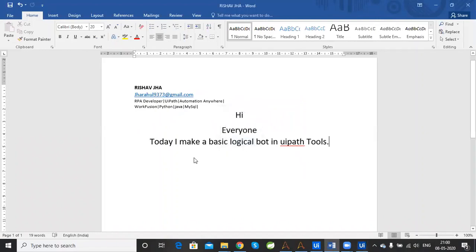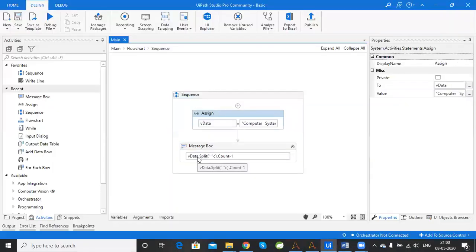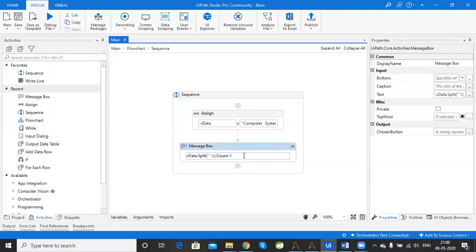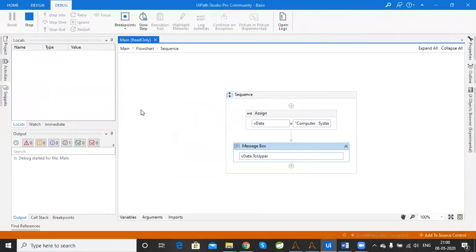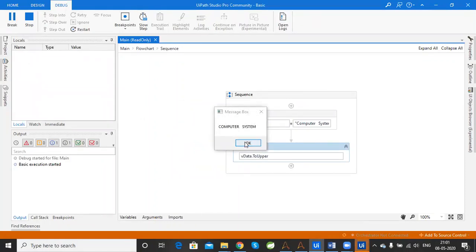Okay, now we have to check how to write computer system in uppercase. So first we have to take variable dot to upper. For that we have to get every character in uppercase. Uppercase. For lower you have to use to lower,